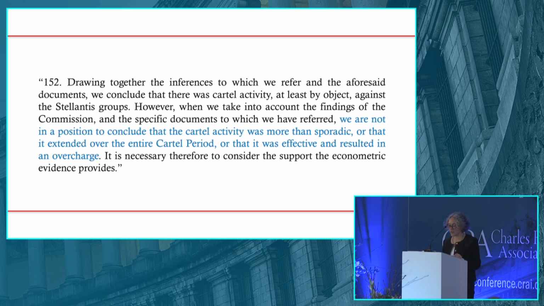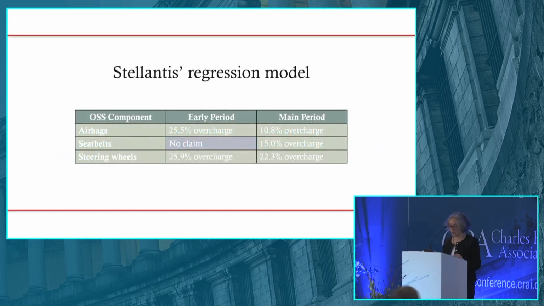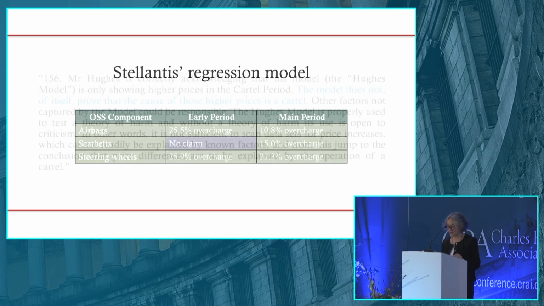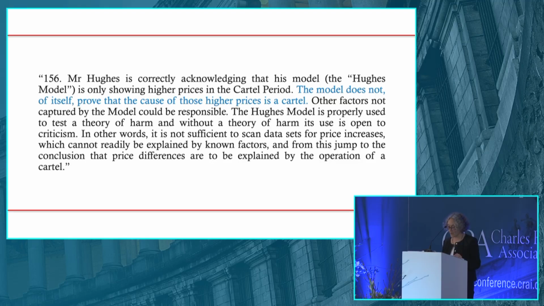Now, Stellantis had relied on a regression model which purported to show the following overcharges. But there were three main problems with that model. First, Stellantis' expert accepted that while his model showed higher prices in the cartel period, it didn't show that the cause of those prices was a cartel. Secondly, the regression model was in any event unreliable, the tribunal found, because what Stellantis' expert had done was to